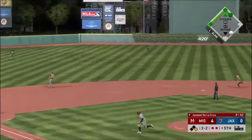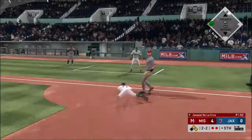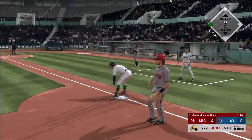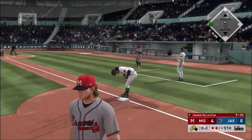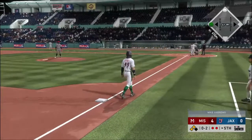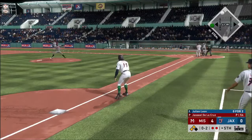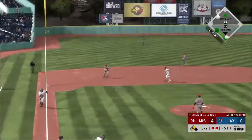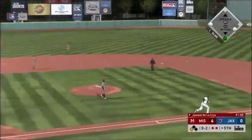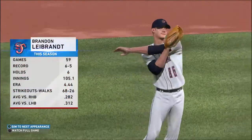Line toward the gap in left center, and that's in for a base hit. Make it a 1 for 3 game so far. So now they'll have 2 men in scoring position following the 2-out double. That's how quickly things can change in this crazy game. The pitcher was upset about the call on the previous pitch, which could have been strike 3. Then he serves up 1 for a double. Good example of why you have to have a short memory in this game. And the throw to first is there. The inning is over. Brandon Liebrand is on out of the bullpen now as he gets to work in his...